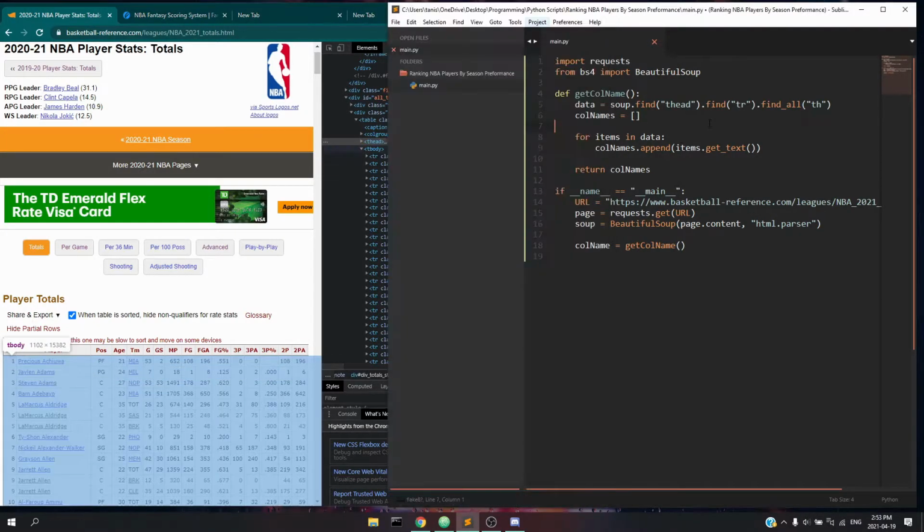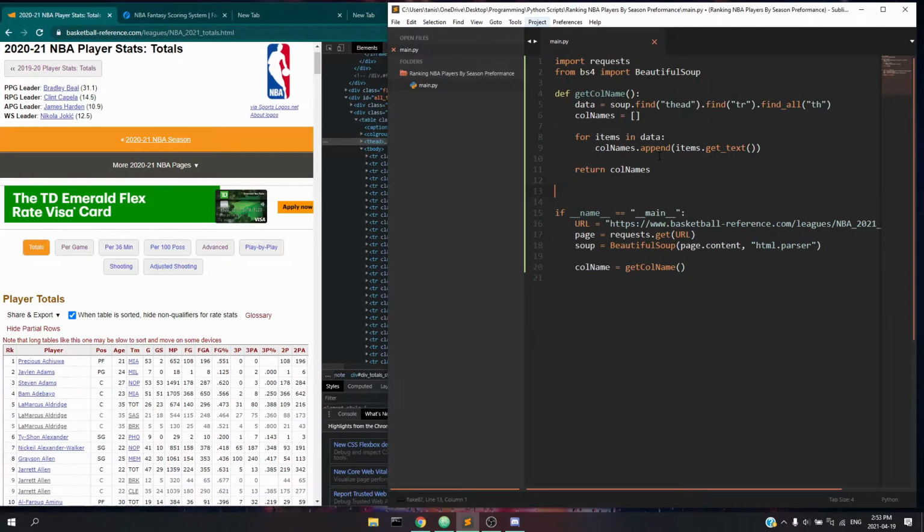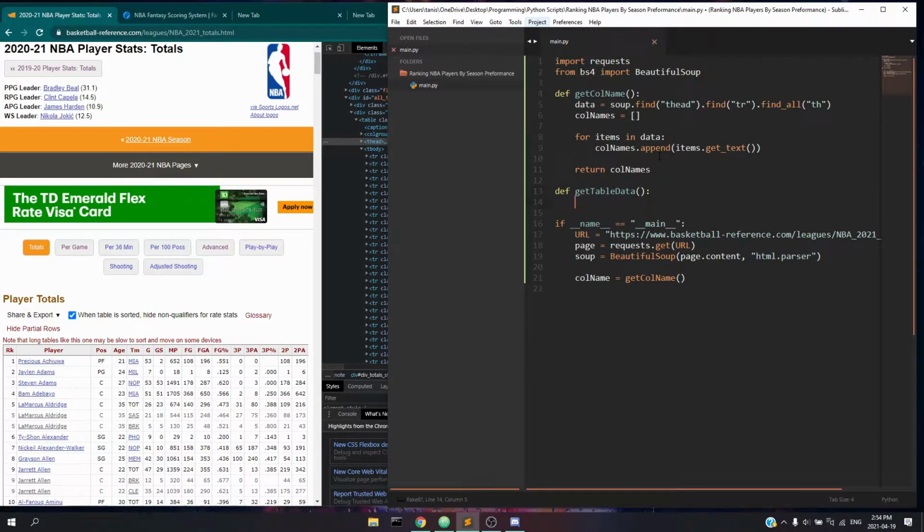every table row within the table body, and all the items within that. So in order to do that, let's first create a function called def get table data. And we'll start off simple by just attacking that first row, row number 1, with Precious Aishawa. And what we're going to do is first do data is equal to,